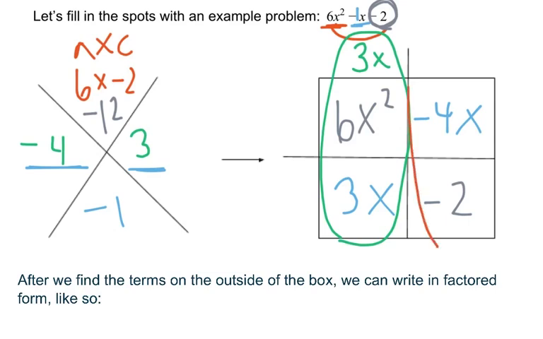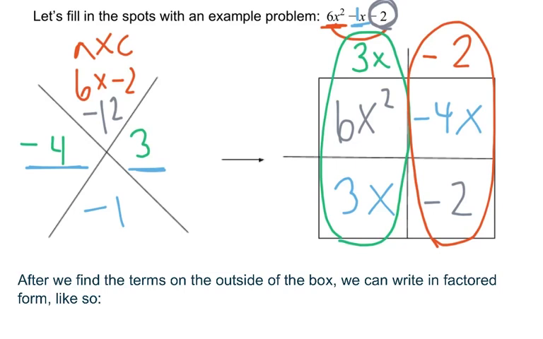And now we look at negative 4x and negative 2. Now, if you look on your box cheat sheet, you can see this number needs to be negative. Okay? And what do negative 4x and 2 have in common? Well, they both have 2 in common. So I'm going to put 2 there. All right, now we work